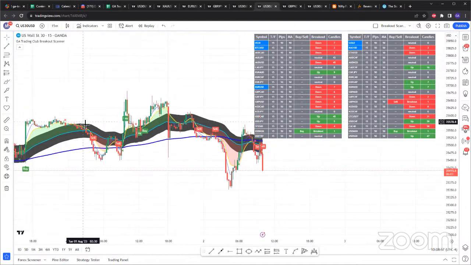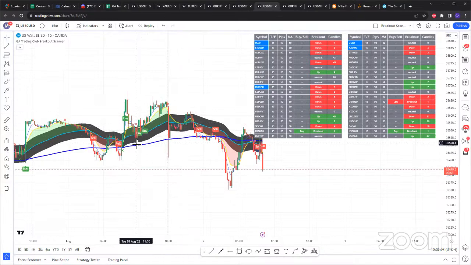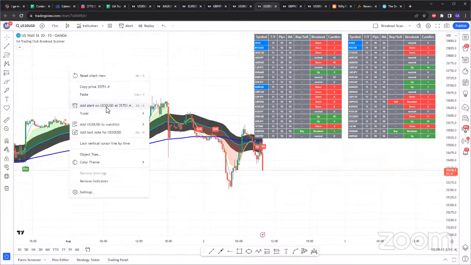So does that make sense, what I've covered for the breakout scanner? Does anybody have any questions? Yeah, so that's what all those X's are. It's whenever the 5 EMA crosses any of the other EMAs in here. So that's the purpose of them. Now the other one, and I know Desire, you asked for this: